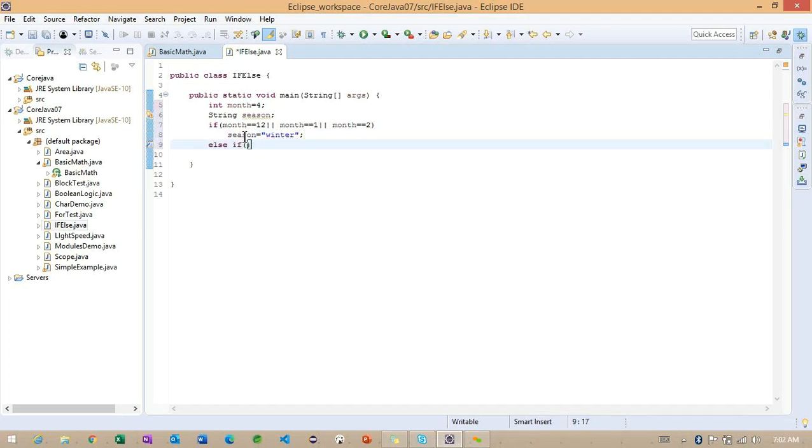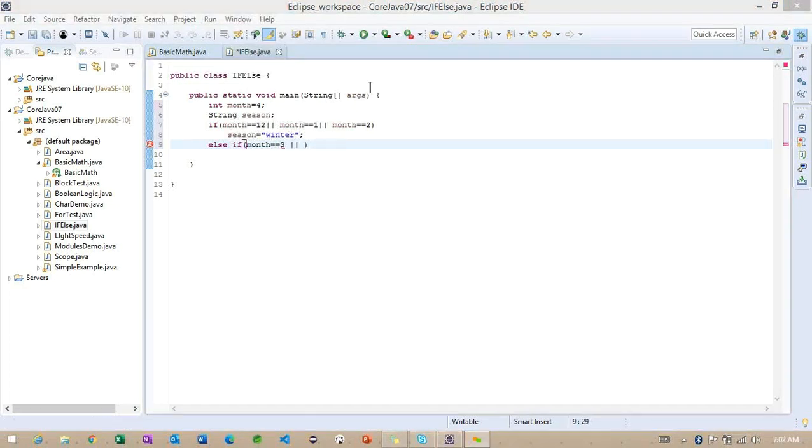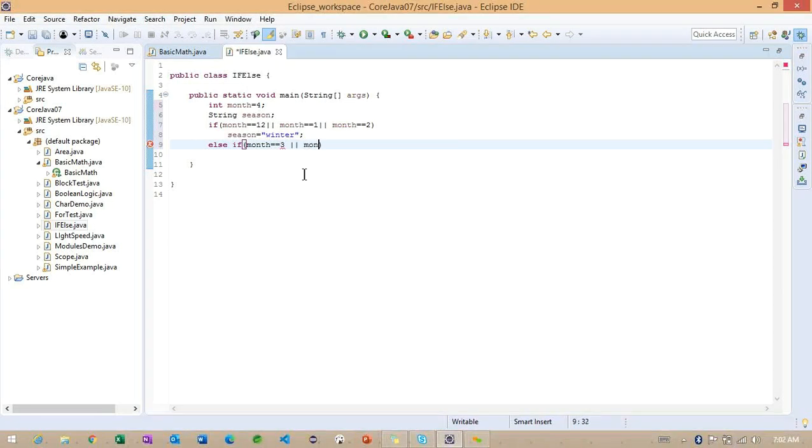If the condition is not satisfied, we are going to have one more block called else if. This is very important. The else if we are going to introduce in today's class. Now observe how I am going to write. Month equals 4, or month equals 5.